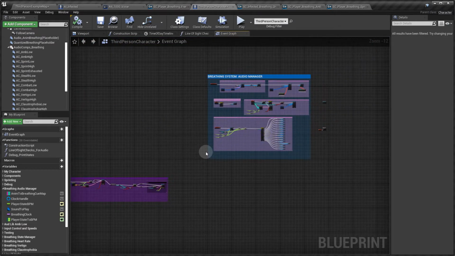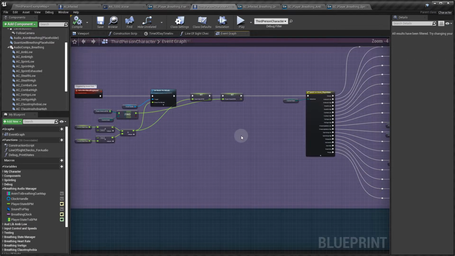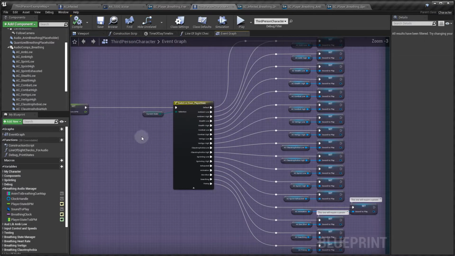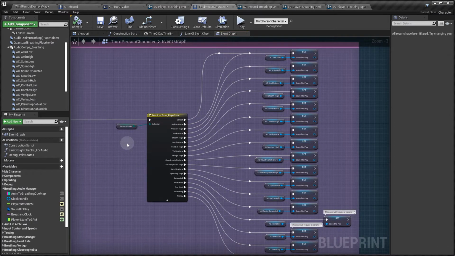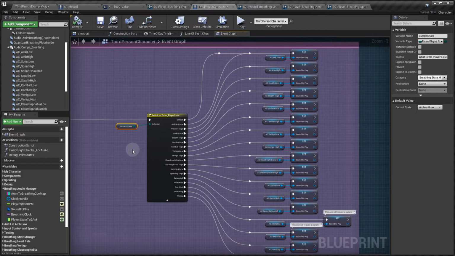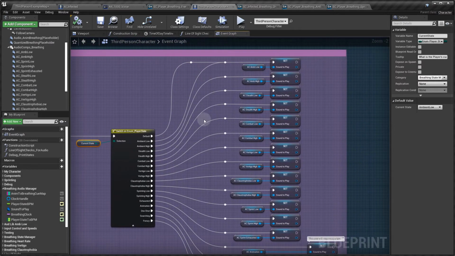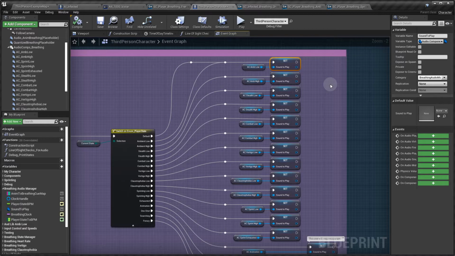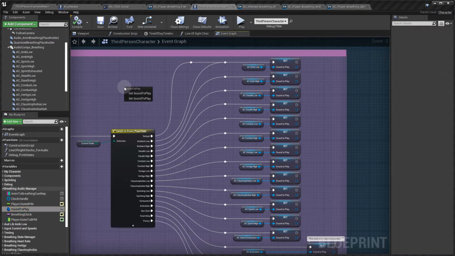So as the player interacts with their world and moves around and spots danger or feels like they're in danger, their state will change. And for each state, we want a different type of breathing. But the most important thing, using Quartz, is that we can adjust the speed. And this is the laborious part. For each of our player states, we need to link it to a set sound to play. So that sound to play that we linked into our